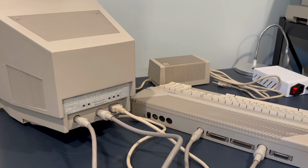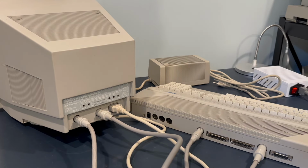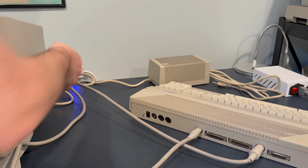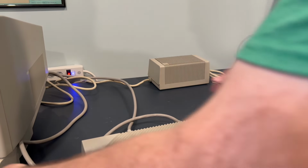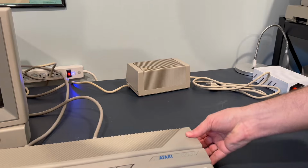Lots of cables, lots of fun stuff. Although surprisingly, this actually reduces the number of cables. Not cables, but makes a little bit of a cleaner desktop than what you would have had if you had a separate floppy drive and monitor. All right. So let's get these guys going together. Over here. Perfect. Now,